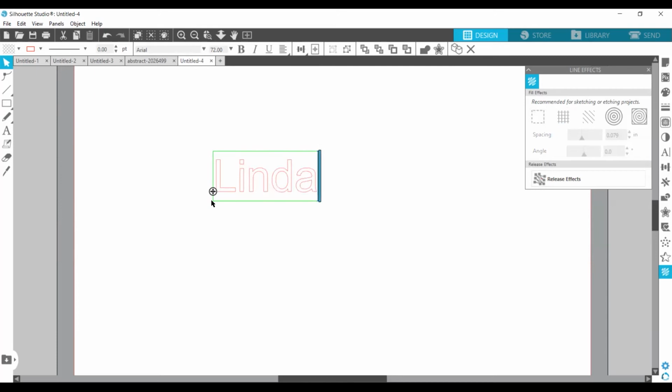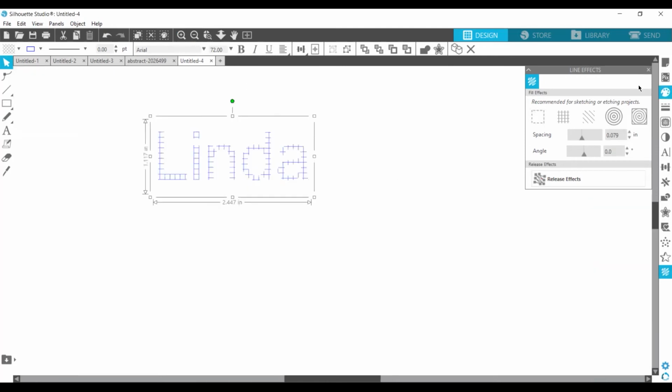And I want to fill this. Now, unless I'm going for a cross stitch look, that's not really going to work. May not be the sketch I want to do either. If I make this a lot smaller, obviously it sort of fills in those gaps. But remember, every time I make it a little bit smaller, I'm adding data to this file. But what I can do is, either before I fill it or after I fill it, I can